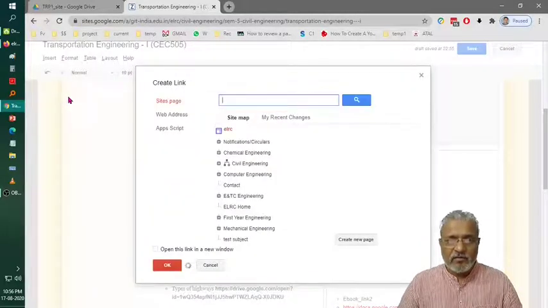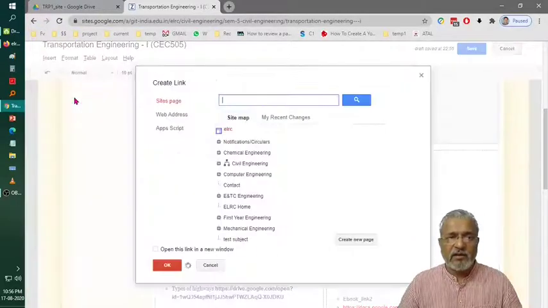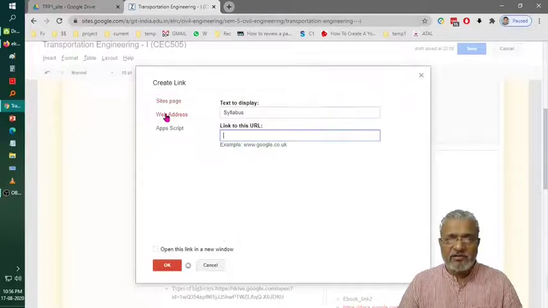Okay, so I did just one thing. I selected syllabus, then the insert menu and link. Here I have to select web address, an important thing, and I will put the address of the syllabus file.